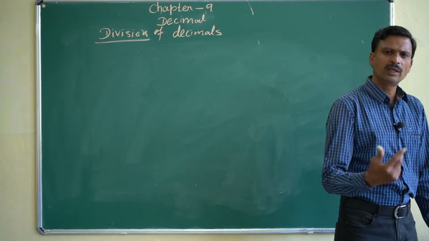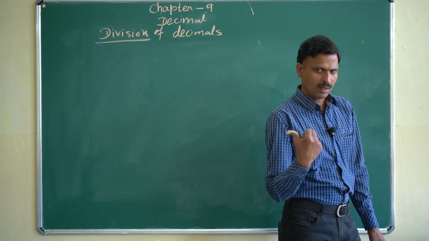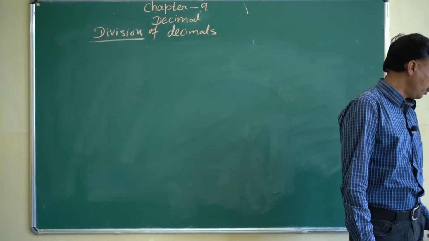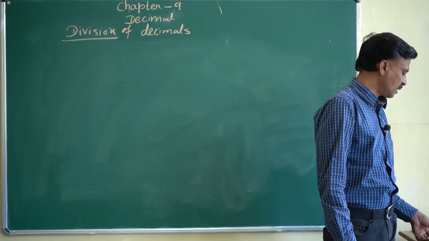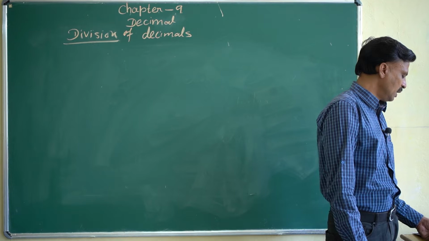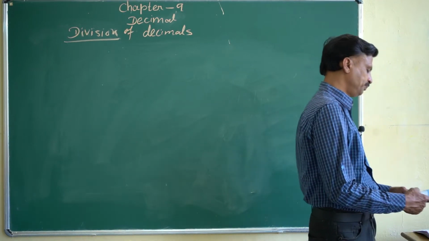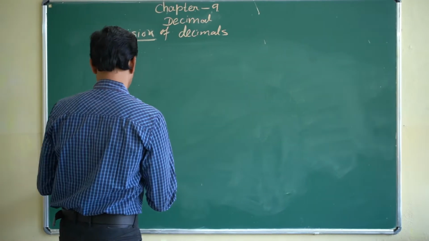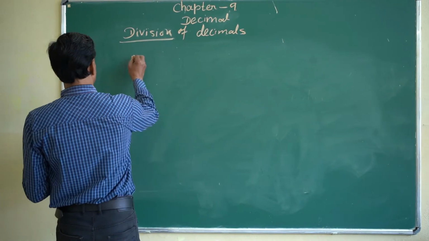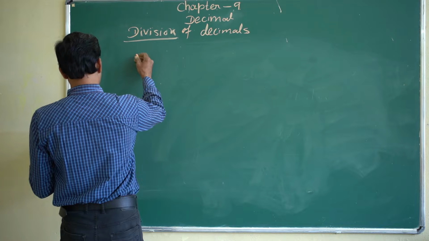that only the decimal will shift toward the left side. But if both numbers are other than 10, how will you divide it, that I am telling you. So first I am taking one number. Suppose I take one question from Exercise 1,